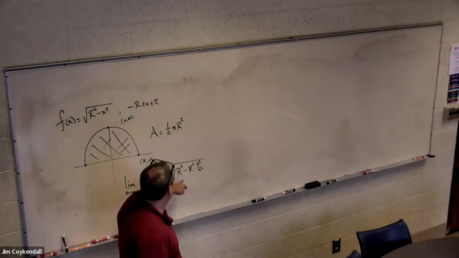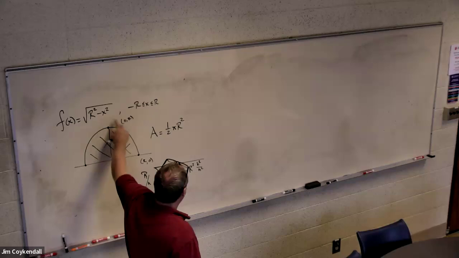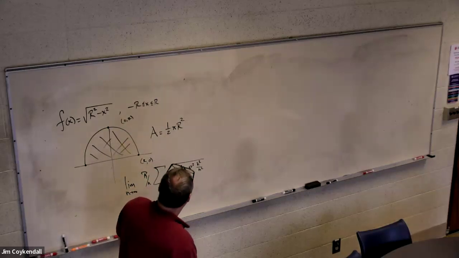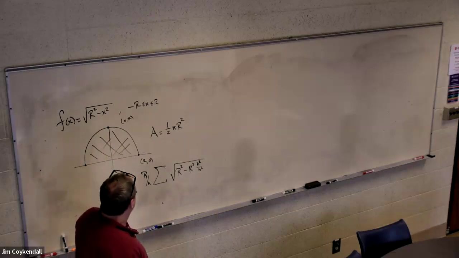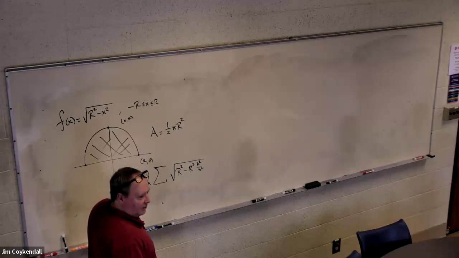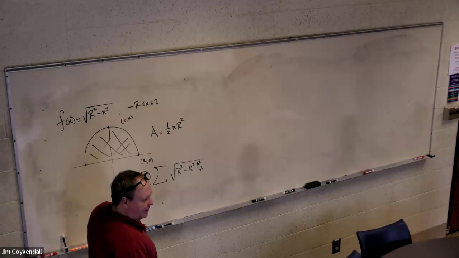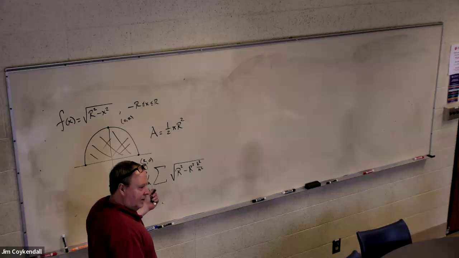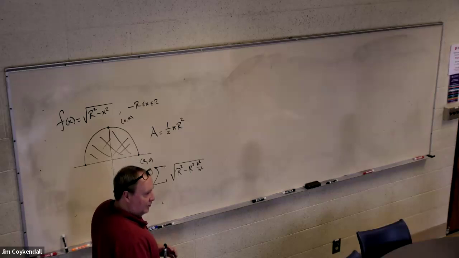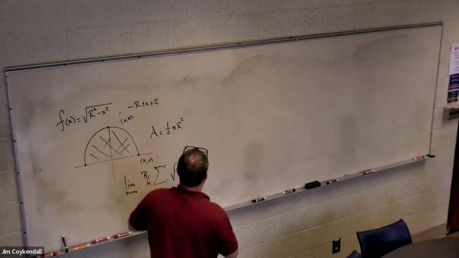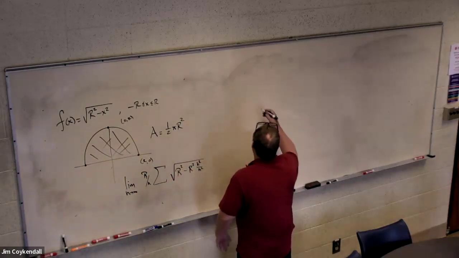Notice this looks very much like this function here, right? I've replaced x by r times k over n. Okay? If I broke my interval up into n even pieces, what's the length of the interval? Well, r divided by n is the length of each little piece. So if there's n pieces, the whole interval should be of length r. Now notice this is a length 2r, so I'll probably start there. I claim that this is